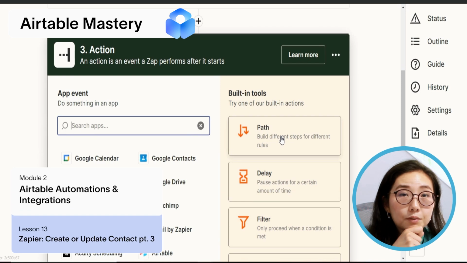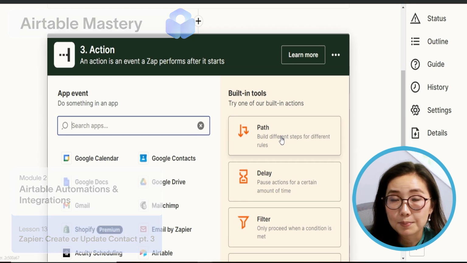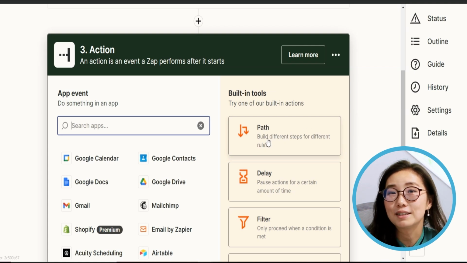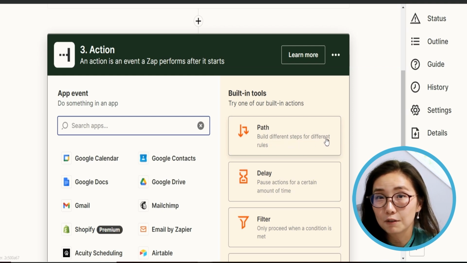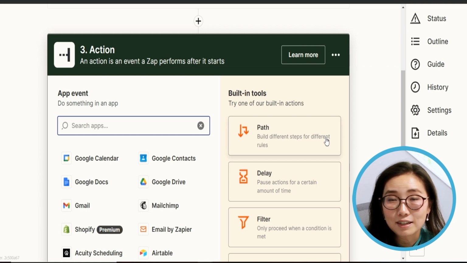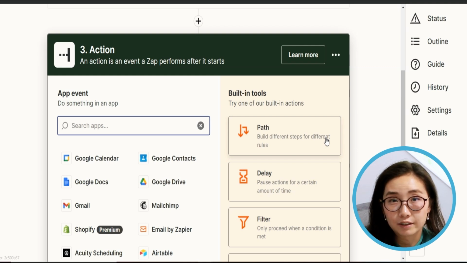So the next thing that we'll do, instead of creating another action to update all of the records, we're actually going to create a path. And the way Zapier puts it is build different steps for different rules. You can essentially think of paths like an if statement. If your record met a certain criteria, then do A, B, C. If it did not meet a certain criteria, or if it met a different criteria, then you can do X,